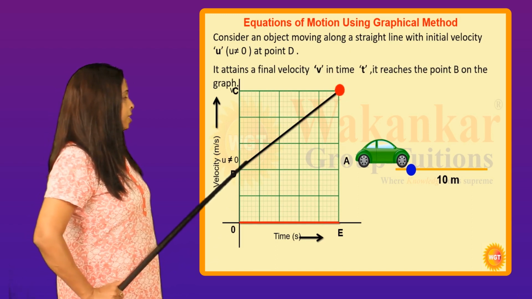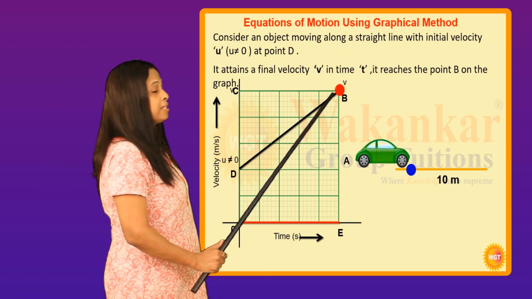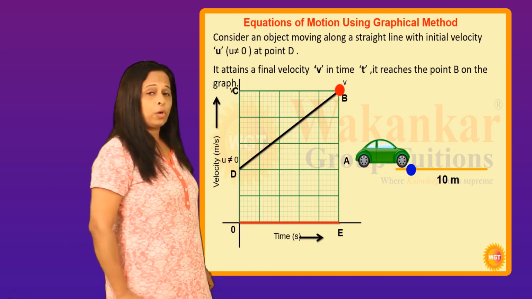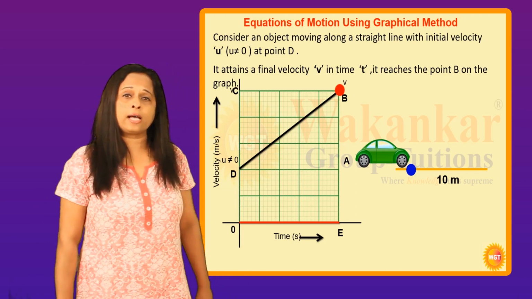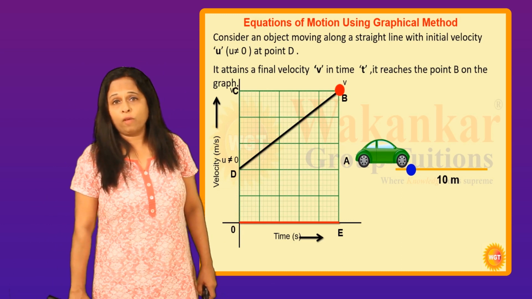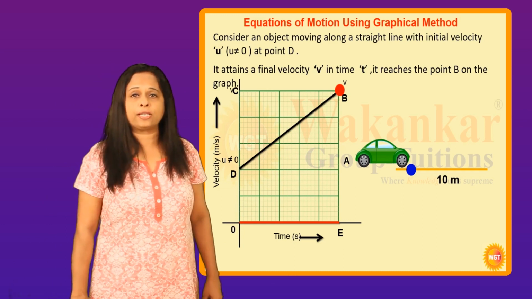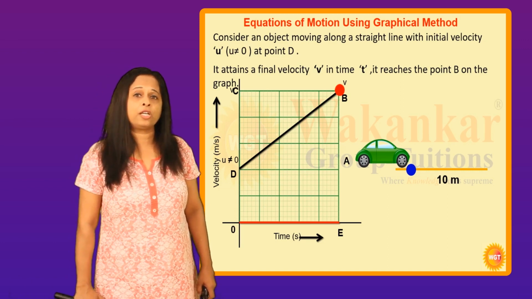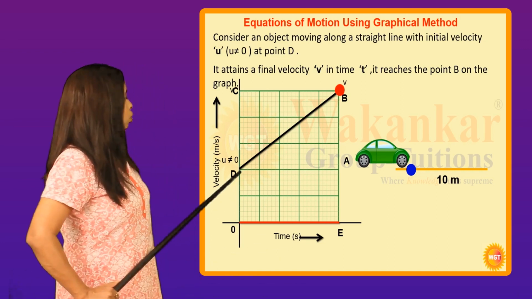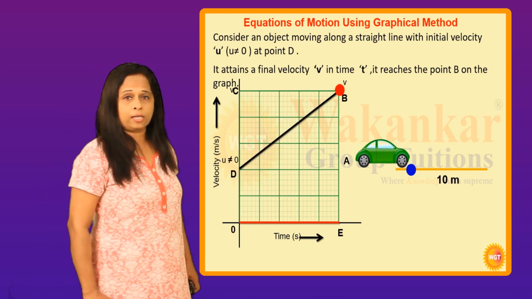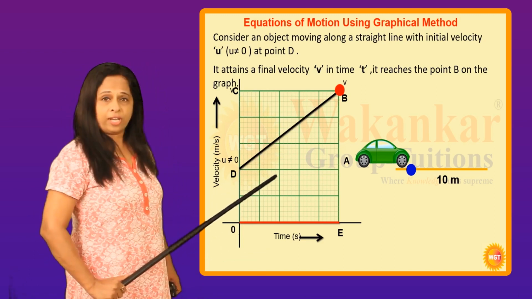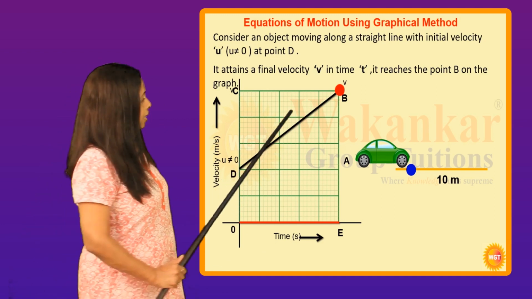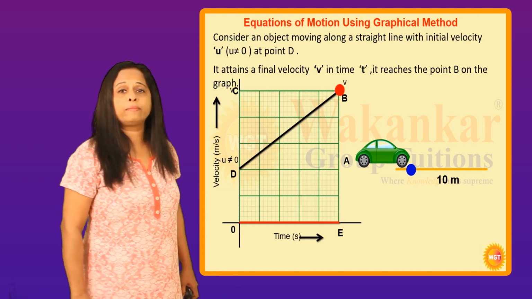Can you see? The velocity of the car goes on increasing, and this line is a straight line. So students, this straight line tells us acceleration is uniform. Velocity is increasing, so obviously the object is undergoing acceleration. So acceleration is uniform, therefore we show this graph as a straight line. From this figure we understand the car has initial velocity u, which increases to v in time t.